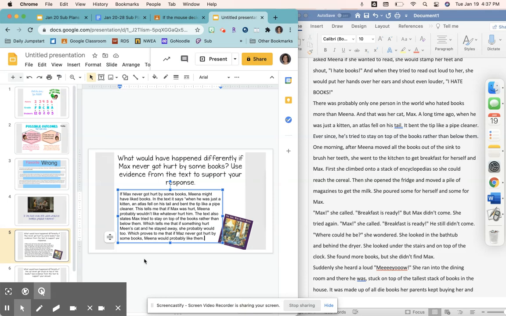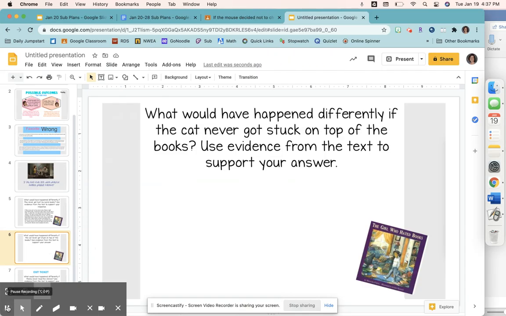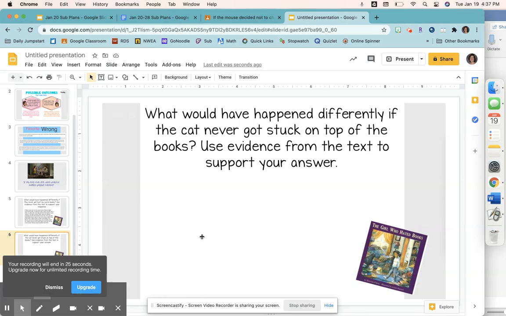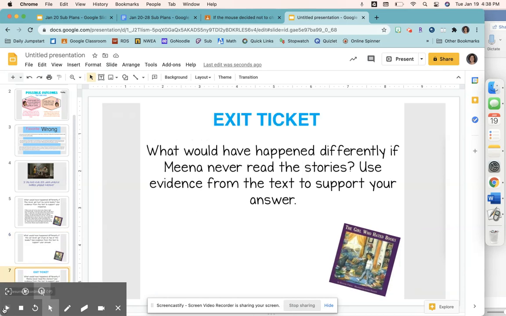When you are working today, I want you to do the same type of answer. As a class, you're going to continue listening to the story and reading along with the text so you know exactly what it says. Then, as a class, you'll discuss what you could write for this answer that says, what could have happened differently if the cat never got stuck on top of the books? Use evidence from the text to support your answer. As a class, continue listening to about the halfway point, and I want you to answer this question together with all 6 parts. Once you have tried it as a class, this question will be